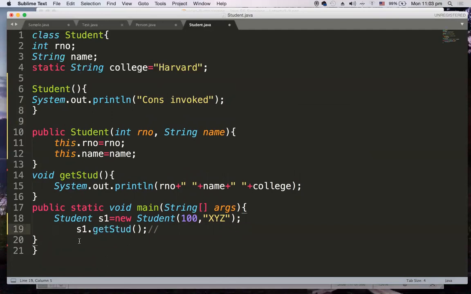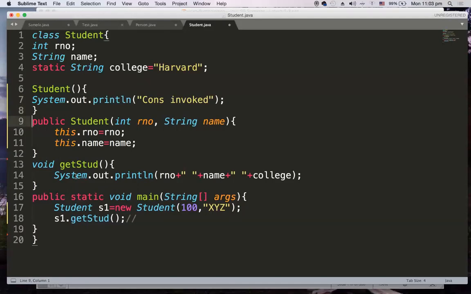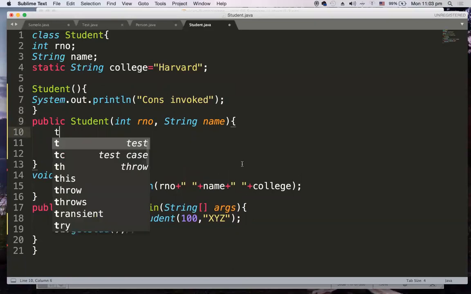I have a default constructor and a parameterized constructor. Then I have a getter method. In the main method I am creating only one student object, referred to by s1, and I am calling s1.getStudent. Fine. Now the point here is, I can write something like this over here.